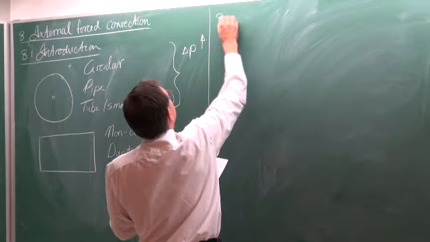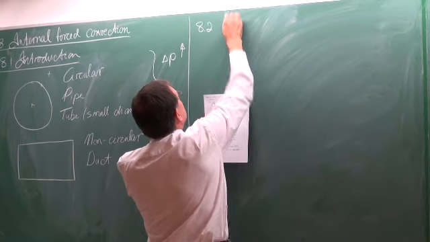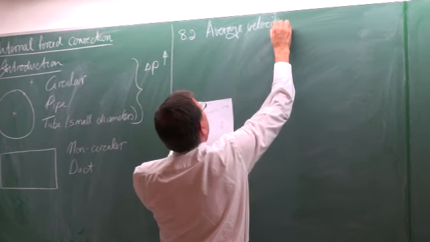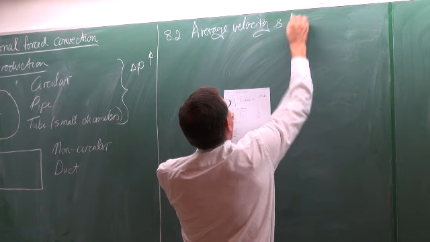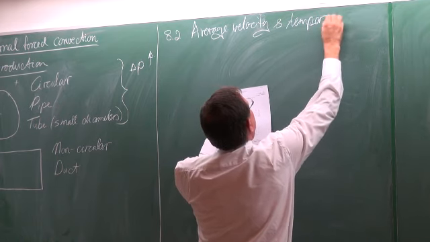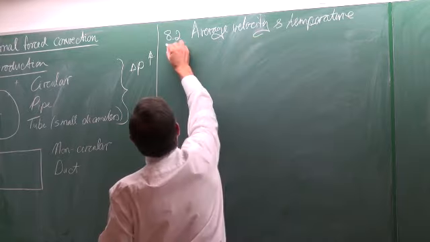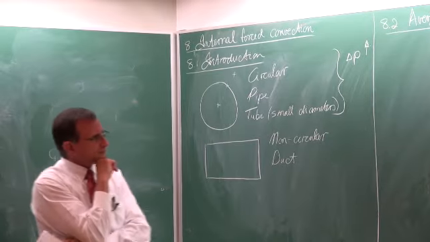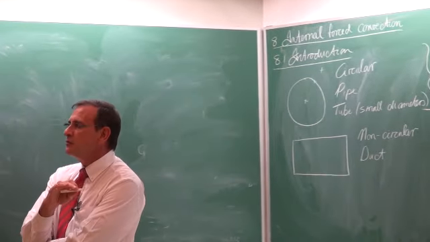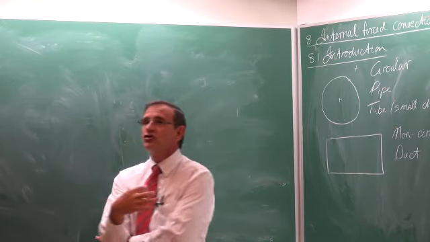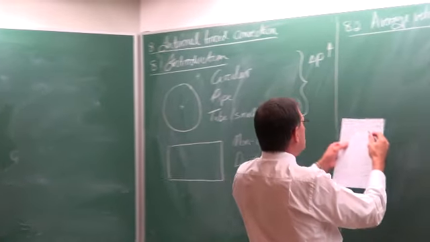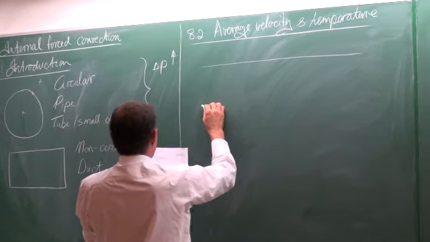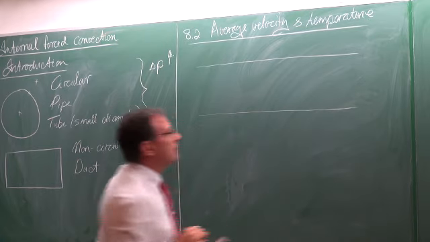Paragraph 8.2 is on the average velocity and temperature. Average velocity and temperature. It's a little bit of revision in terms of fluid mechanics, but we want to connect it now to heat transfer also. And in fluid mechanics, if we've considered flow through a pipe